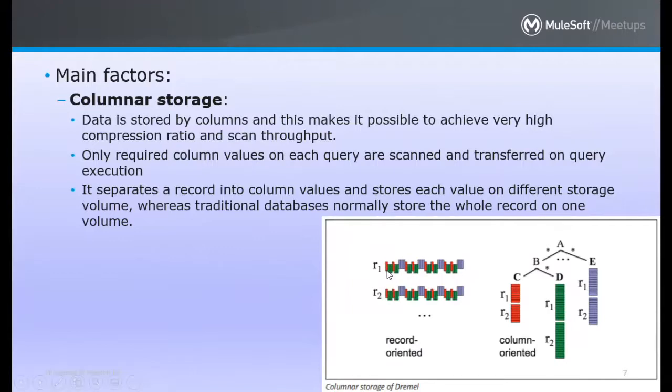Like here you can see this. So the R1 is sitting under C and the R1 is sitting under D. So you can correlate with the respective color, right? So the major benefit of this columnar storage is that we can compress the data